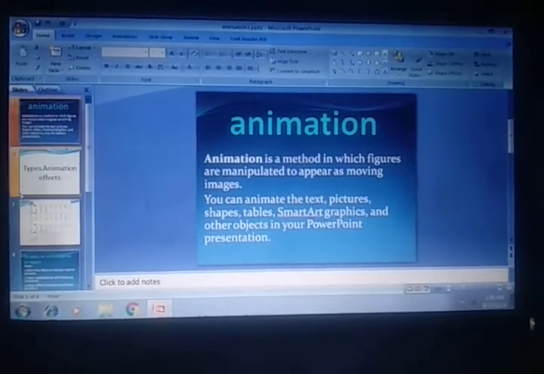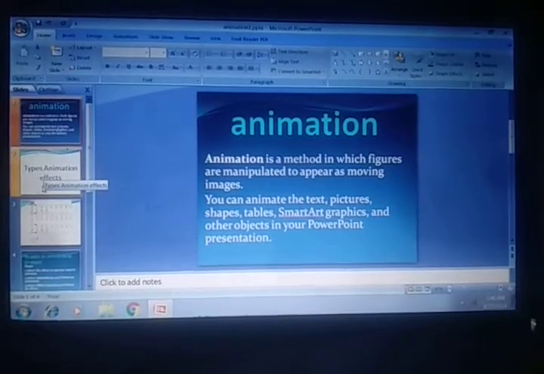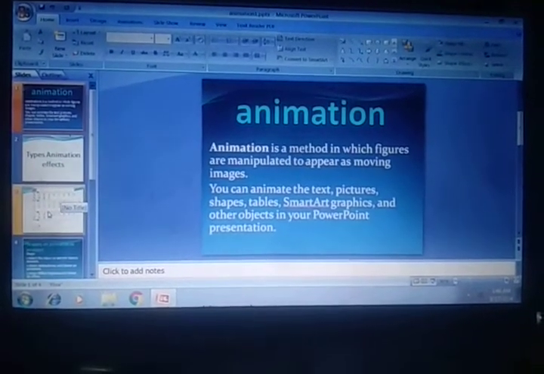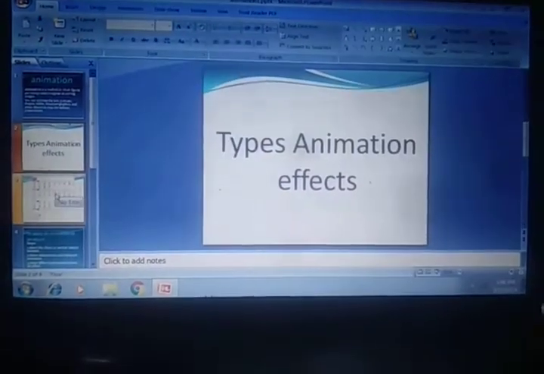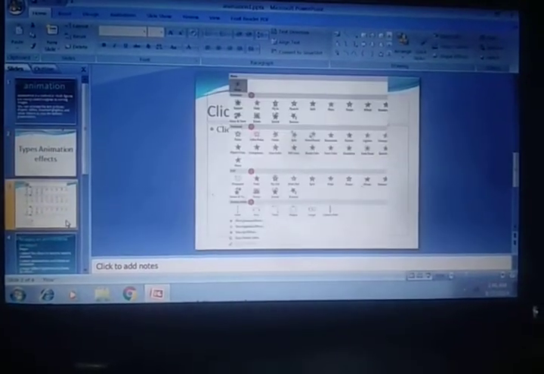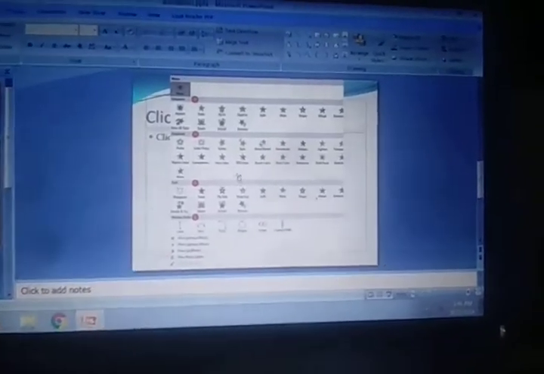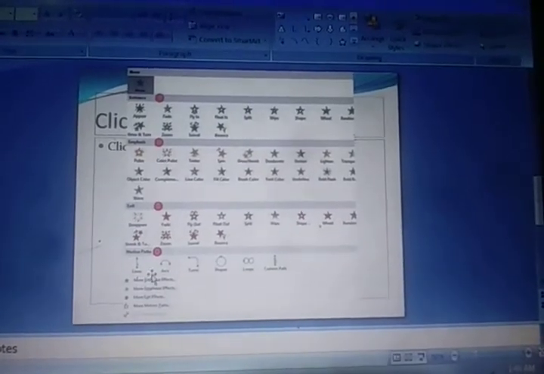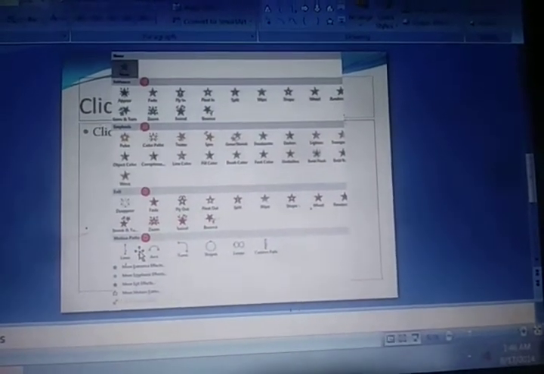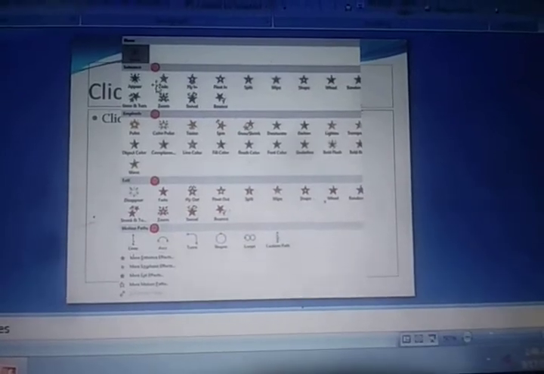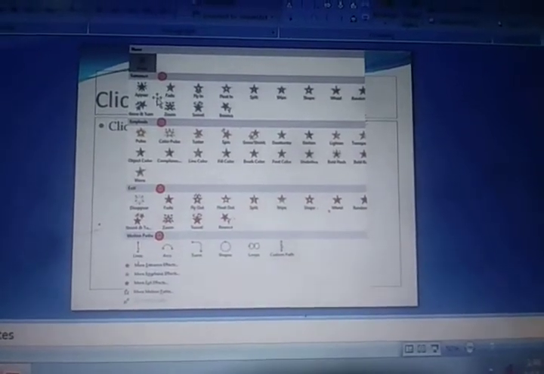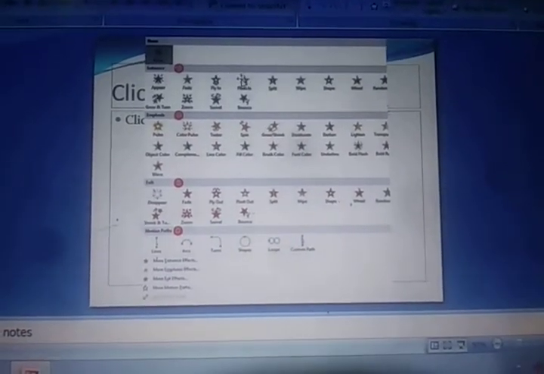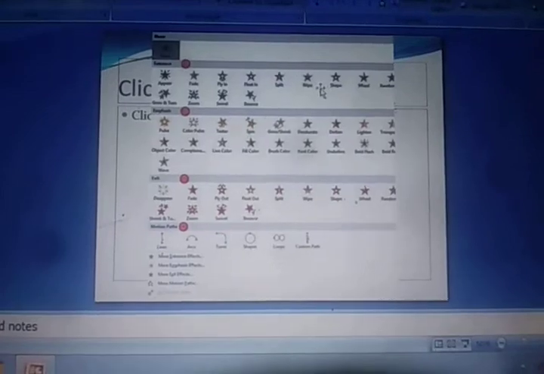Okay. Next, students, my topic is types of animation effect. There are four types of animation effect. First is entrance, second one is emphasis, third is exit, and fourth is motion path. Entrance is used to enter the object on the slide.